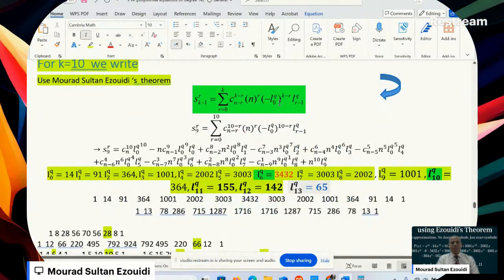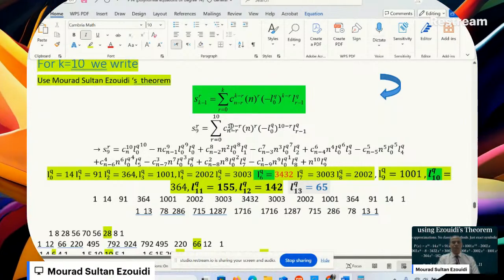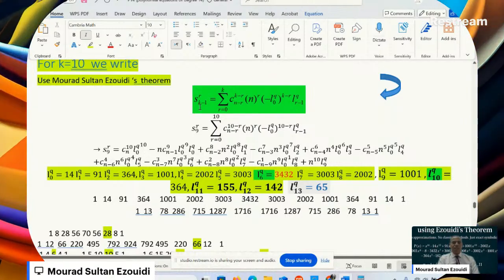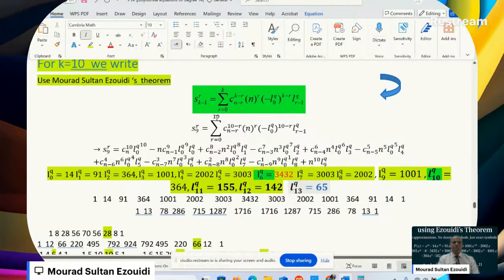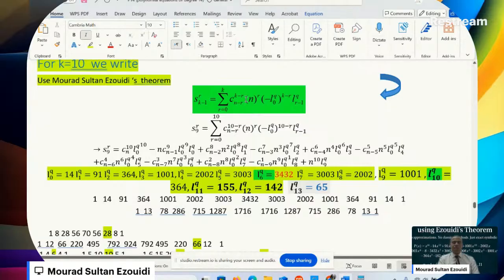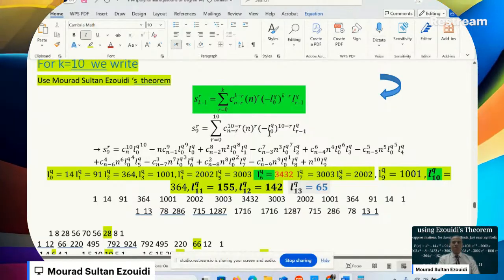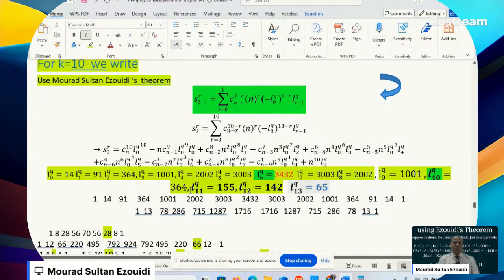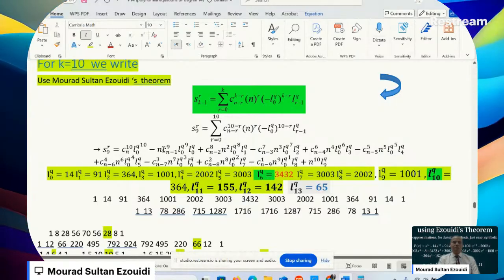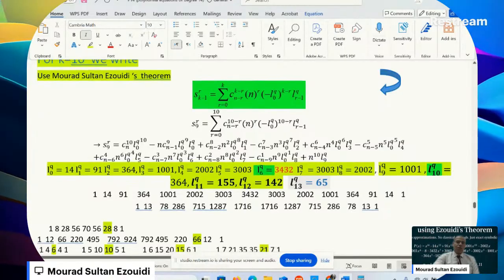S9, just put k equal 10 in the discriminant formula in the theorem of Mourad Ezouidi. This is k equal 10. 10 minus 1 is 9. K here is 10, so 10 minus r is k minus r, because k is 10, raised to the power 10 minus r. So just expand this, and you will obtain the formula that will give you the 10th coefficient